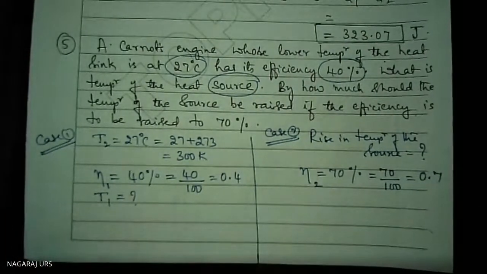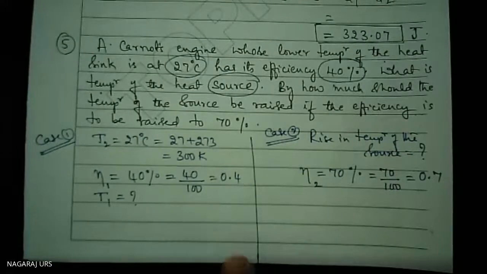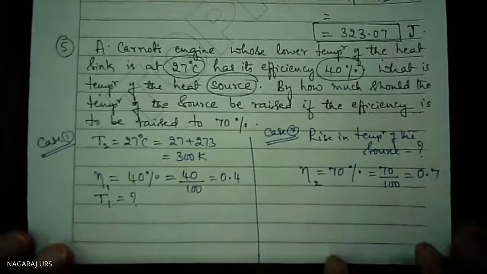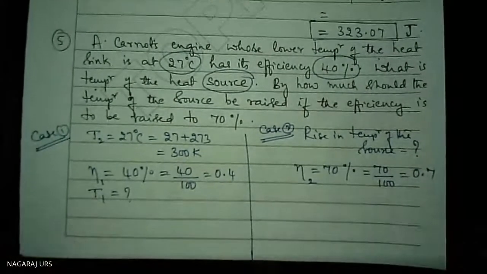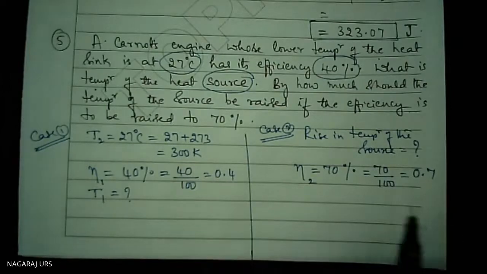Efficiency cannot be greater than 1. If it is greater than 1, then you will get the Nobel Prize, if anybody proves efficiency is greater than 1. It is equal to 1 for the Carnot cycle, the reversible engine. In all the other heat engines, efficiency is always less than 1: 0.7, 0.8, 0.4, like that.